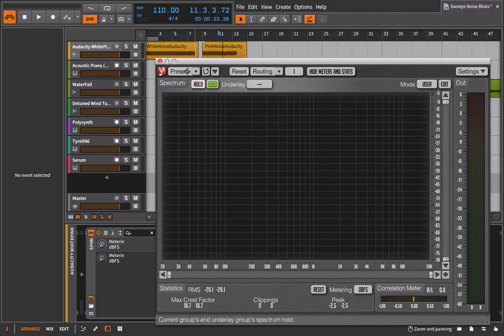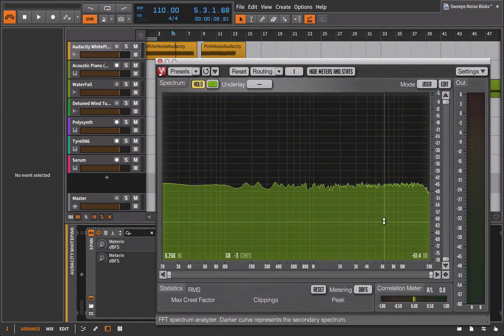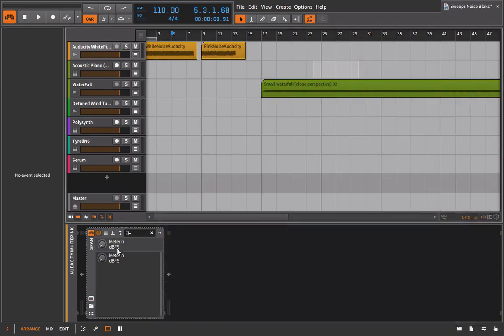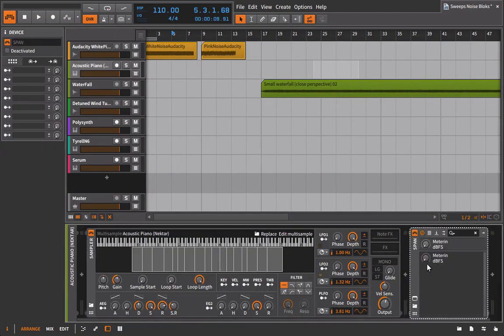What does this really mean to us? Well, if we go back and look at the white noise, what this is telling us is that there's no definite pitch. The reason it's saying there's no definite pitch is that we're not seeing any spikes here, and the spikes are what indicate the actual pitches, the fundamental. So if we take this span, copy the device, and bring it on here at the end of this piano, and we play a couple of notes on the piano,